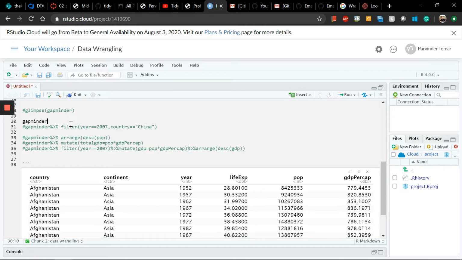If you want to filter rows, let's say for continent Americas, because Asia is already there,